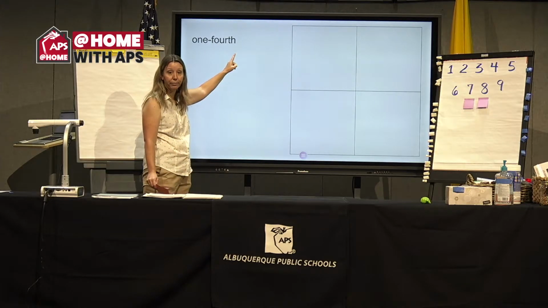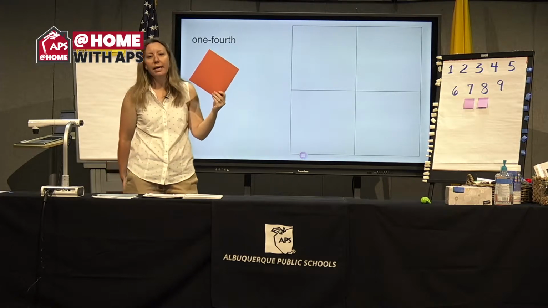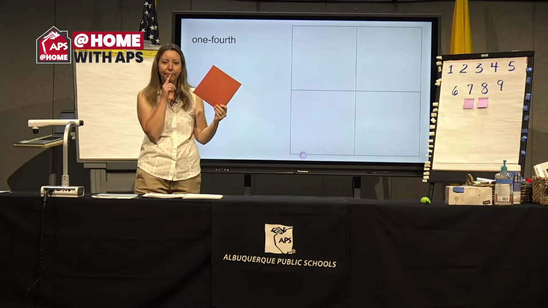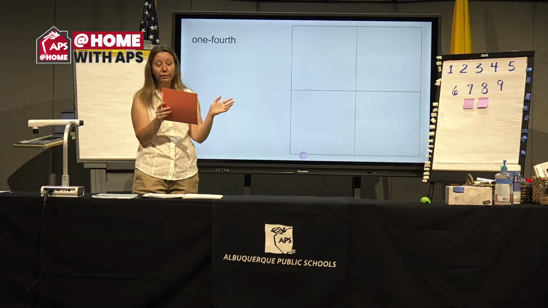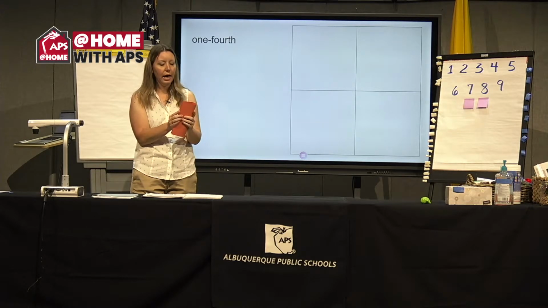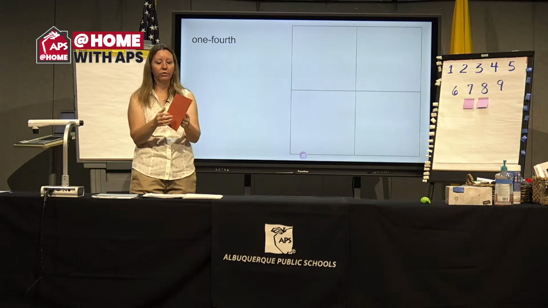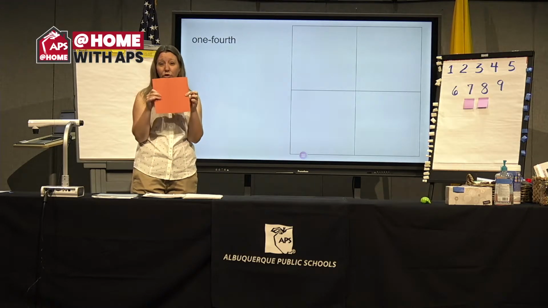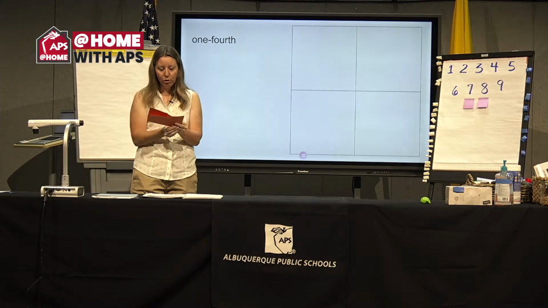All right, so I have the first one. How could I make that into a 4th? Have you guys thought about this? So the easiest way I always think of is I fold it in half. Sorry, this is very nice cardstock, so it's going to be a little harder to fold than yours. So you can see I have half and I have 2 identical halves. When I take those 2 identical halves and split them in half again, you will get,